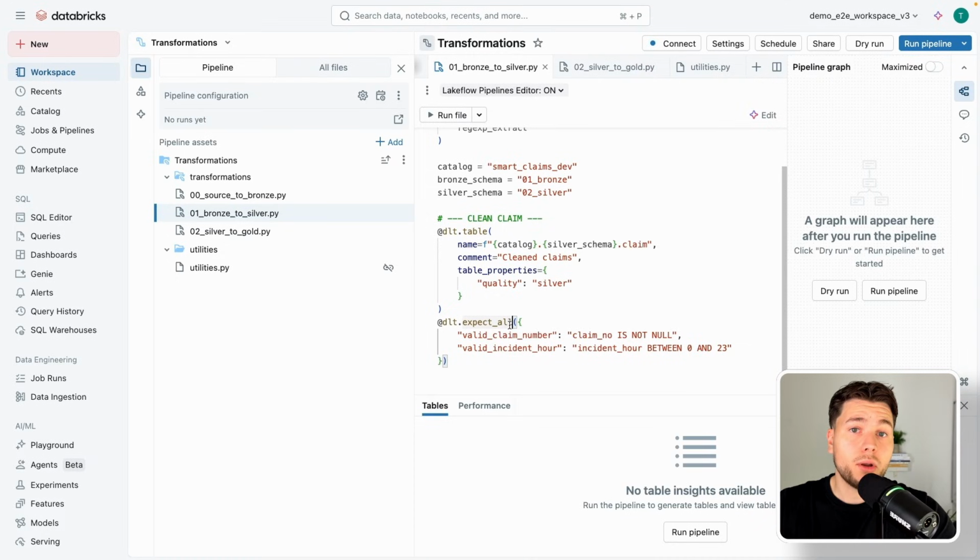But maybe that's not enough. Maybe I want to have different actions based on the results of these data quality checks. So what I could do here as well is, instead of saying expect all, which just would give me the warning, I could also say expect all or drop. So actually, for those records that do not pass these data quality checks, it would drop the record out of the target table. And this is most likely what we would like to achieve for most of the use